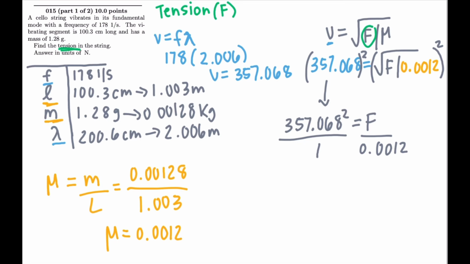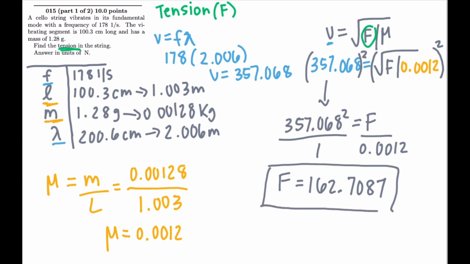So in your calculator, you can just put 357.068 squared times 0.0012, or you can square that number and then take that squared number and multiply it by your linear density. It's up to you. Either way, it'll give us the force is equal to 162.7087. Okay? So this is our final answer. This is the number we're going to be putting into Quest. Reminder, always go out four decimal places when putting it into Quest because it's very picky and rather be safe